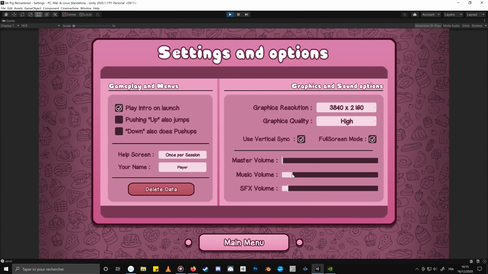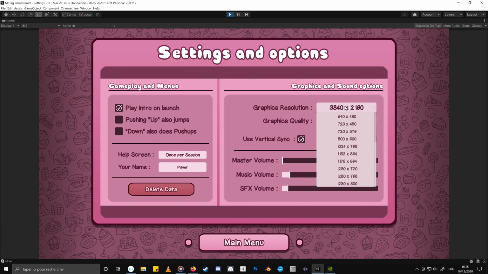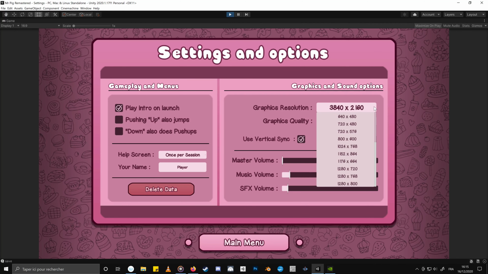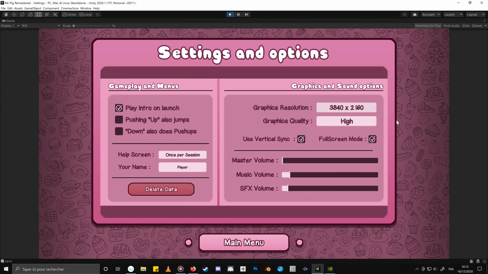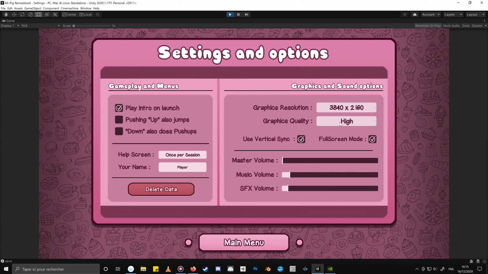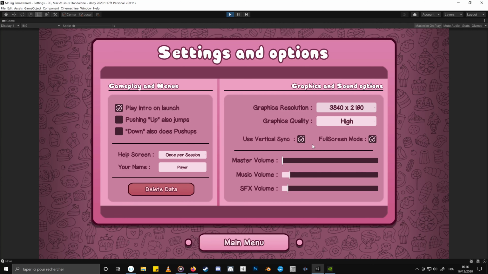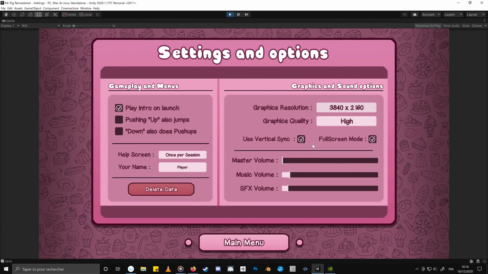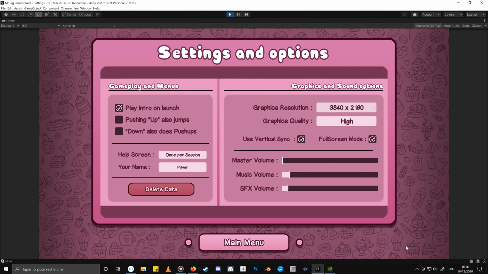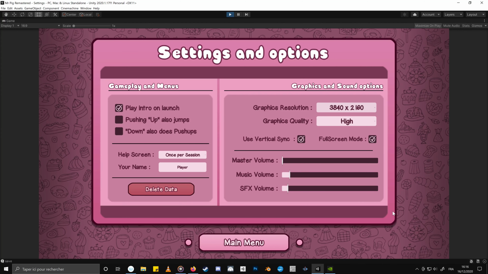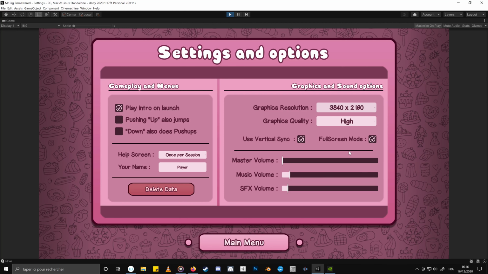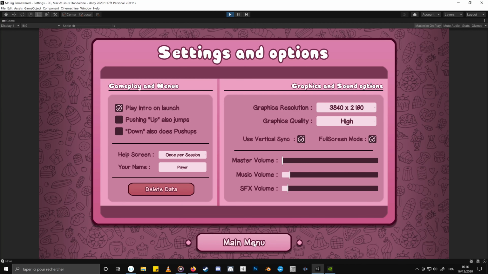So we can reduce the sound, I can change the resolution, but it won't work properly right now because I'm in the test environment. I can also change the graphic qualities and a bunch of stuff. I haven't fully playtested all those features yet, but they're here. All those options do something already.